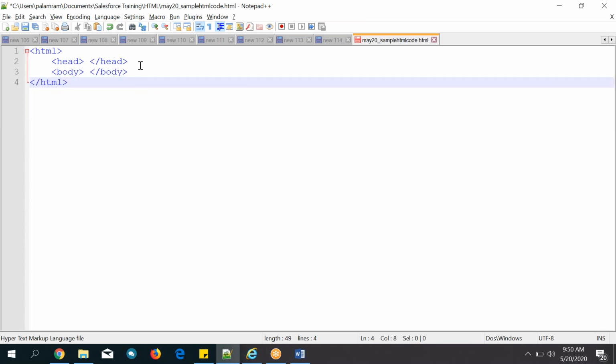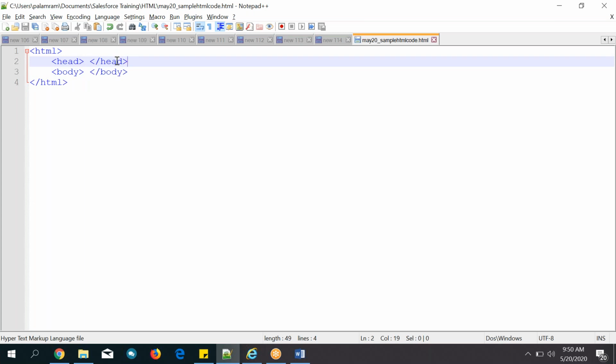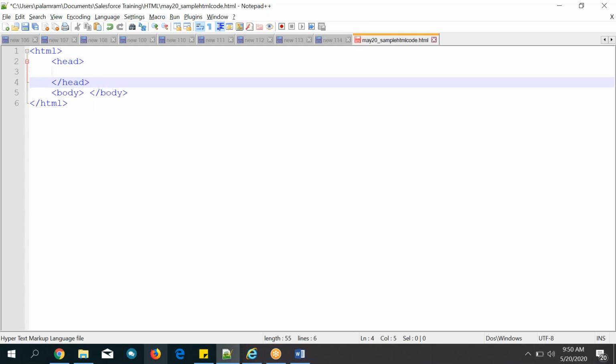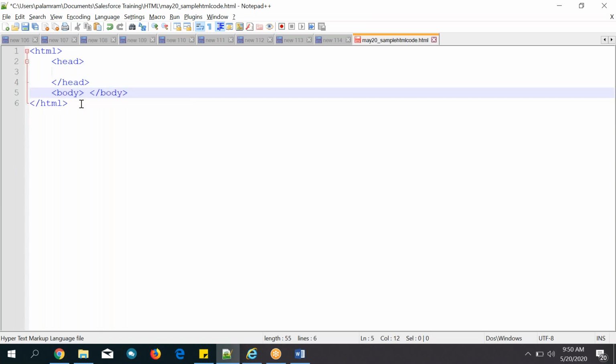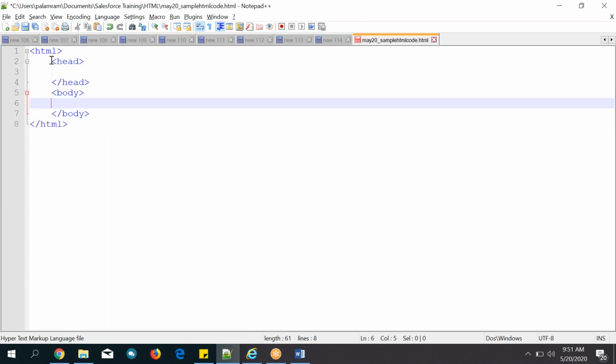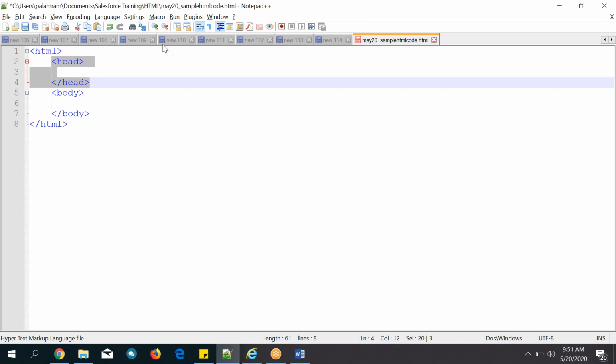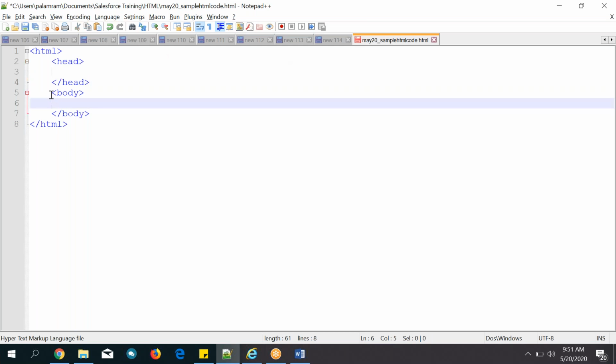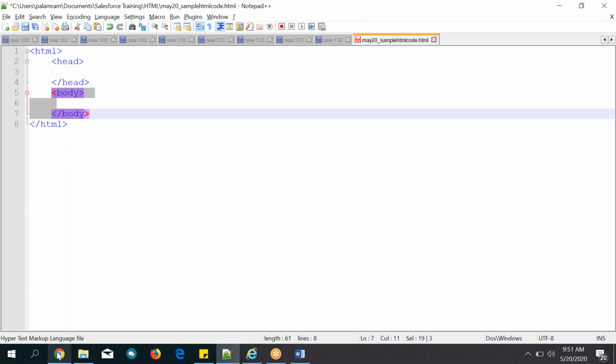close it. Okay, simply. So if you remember emails, if you see your emails, the email contains email headers, understand? Subject, body, same, right? This HTML language also works like that only. So it has a header and it has a body. Why we use headers? Forget about that one right now.